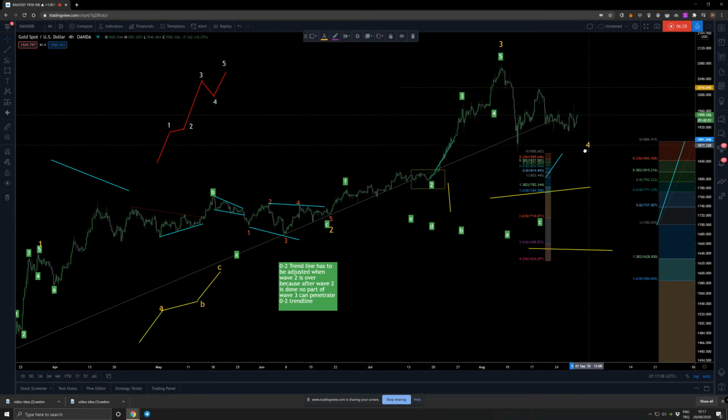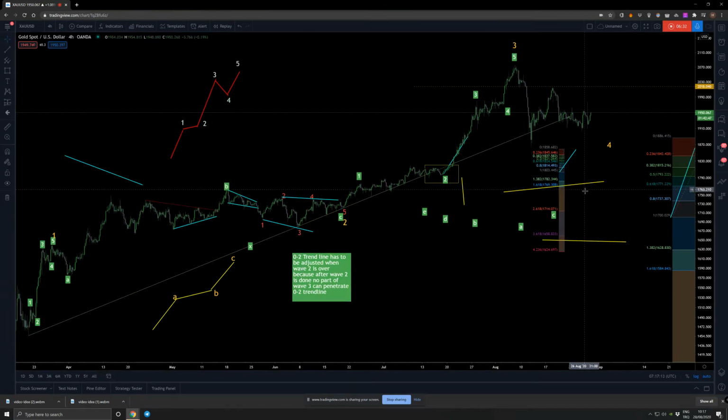If this is the end of the third wave, it means that we are on the fourth wave. So any pullback, as long as it doesn't come to the territory of the second wave, is fine. So it looks like we are somehow on this. Now,